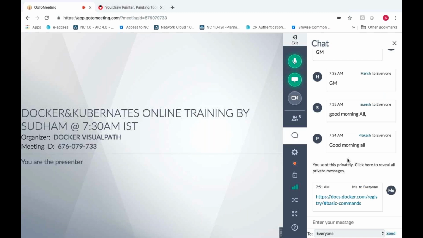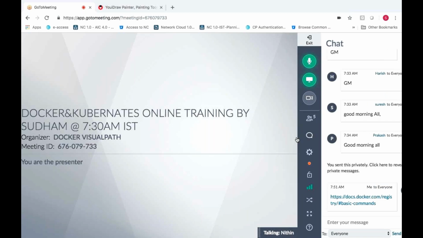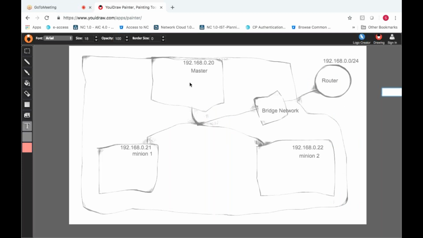So how are we setting up, is it a minion or is it master? Yeah, that is our responsibility. We need to see how we are identifying a master and slave. In the sense, whichever node you initiate first, that is called the master, right? Whichever node you add with the token is called the slave node.